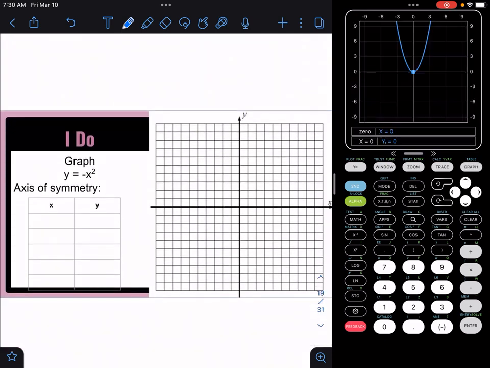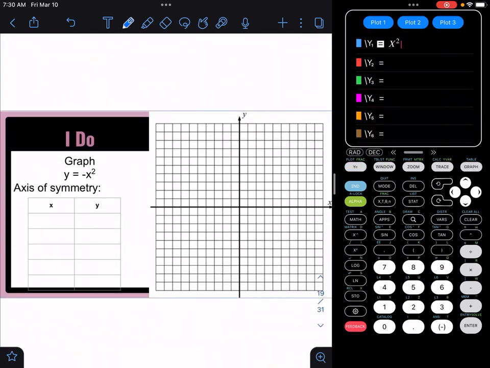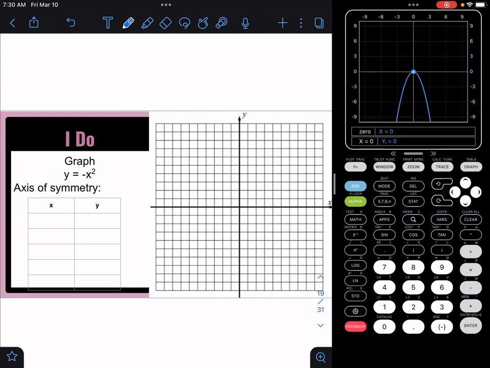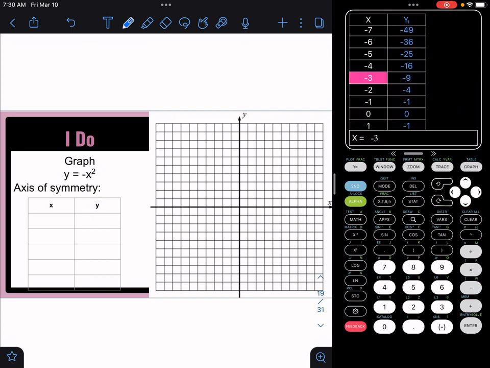Alright, let's look at this one. We are graphing y equals negative x squared. Okay. If I hear negative, I'm going to assume something about going down, which I do see here. It's going to be like an n shape almost. And let's look at our table. Again, I wouldn't go all the way to negative 10 because those numbers are going to be too big. But I could start at negative 3,